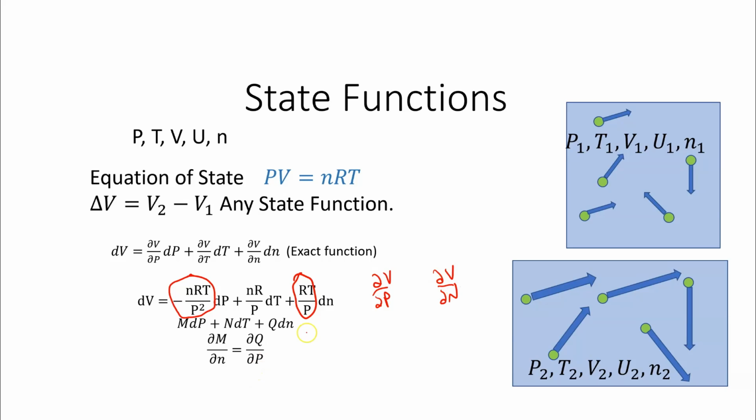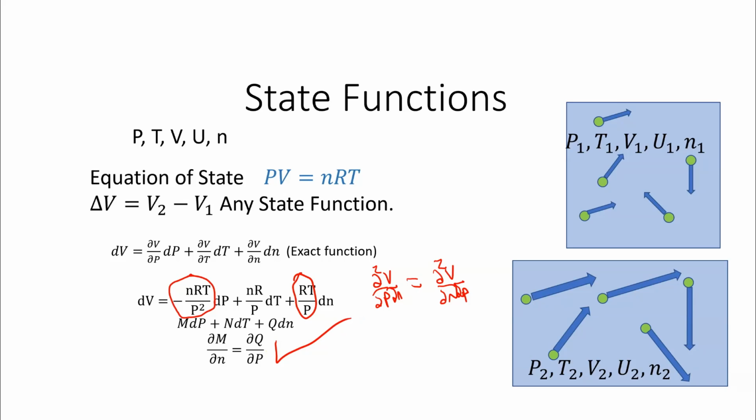And what they're suggesting is that I differentiate this term with respect to p and this term with respect to n. And so what do they become? They become mixed partials, but they're equal mixed partials. So of course they're equal to each other. This is like a no-brainer. Obviously, if you take mixed partial derivatives, you're going to find that they're equal to each other.